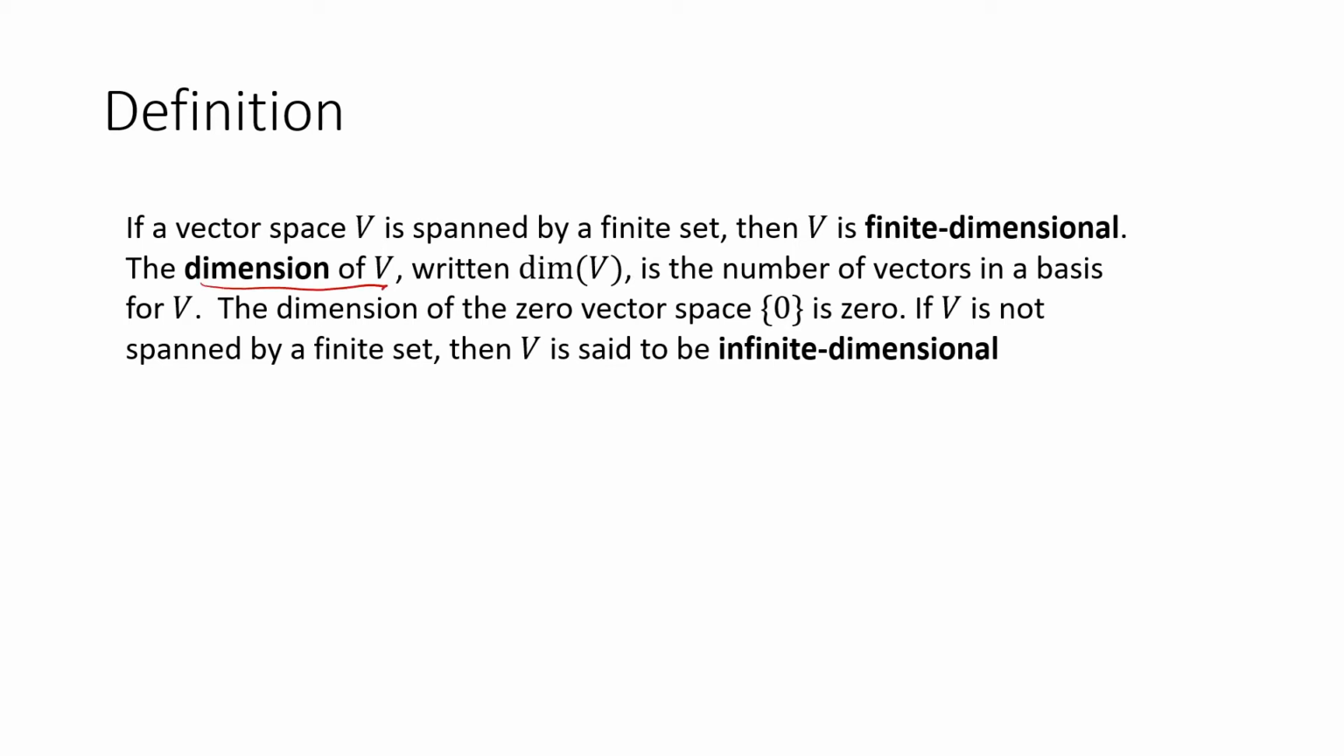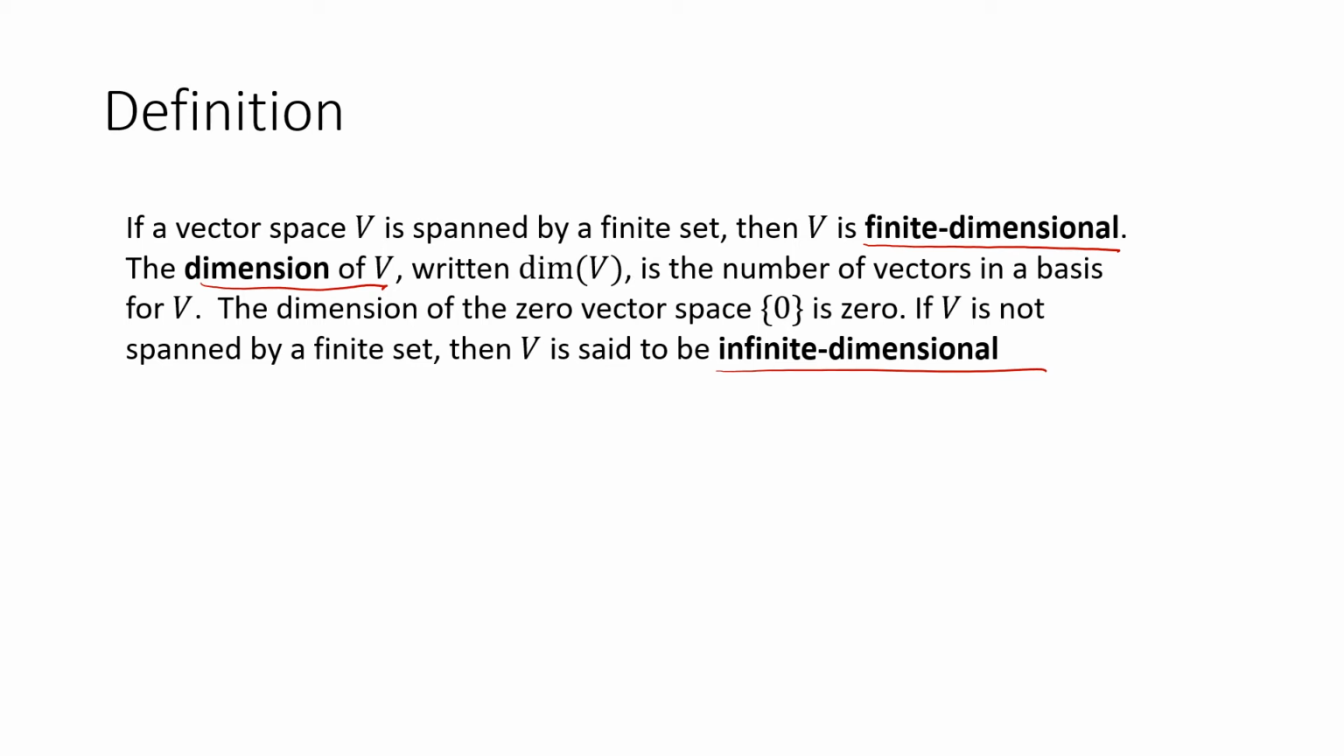So if you have a finite set that spans it, it's called a finite dimensional vector space, and the number of vectors in there is the number of vectors that span it. It is also possible that you can have a vector space that is infinite dimensional. Okay, so there is an example of that: if you take the set of all polynomials,